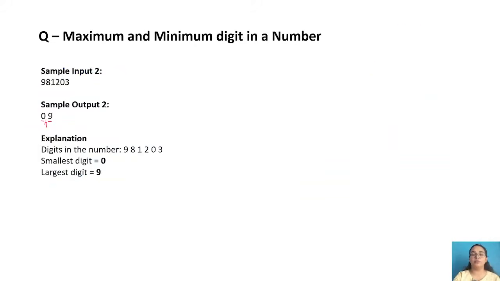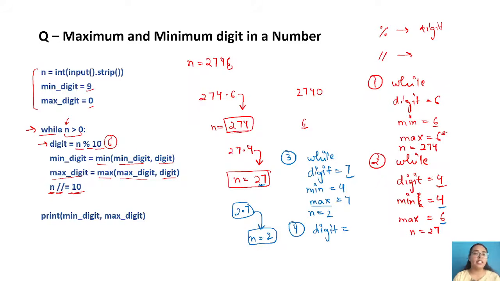So once you again divide it by 10, what you will be getting, if you try to divide any smaller number by a larger number, the remainder will always be that smaller numerator only, right? So it will be 2 only. Now once that is done, again you have to find the minimum. The previous minimum was 4, now you are having 2, so obviously 2 will be considered. And for the maximum, previously it was 7 and now you are having 2, so 7 will remain as it is.